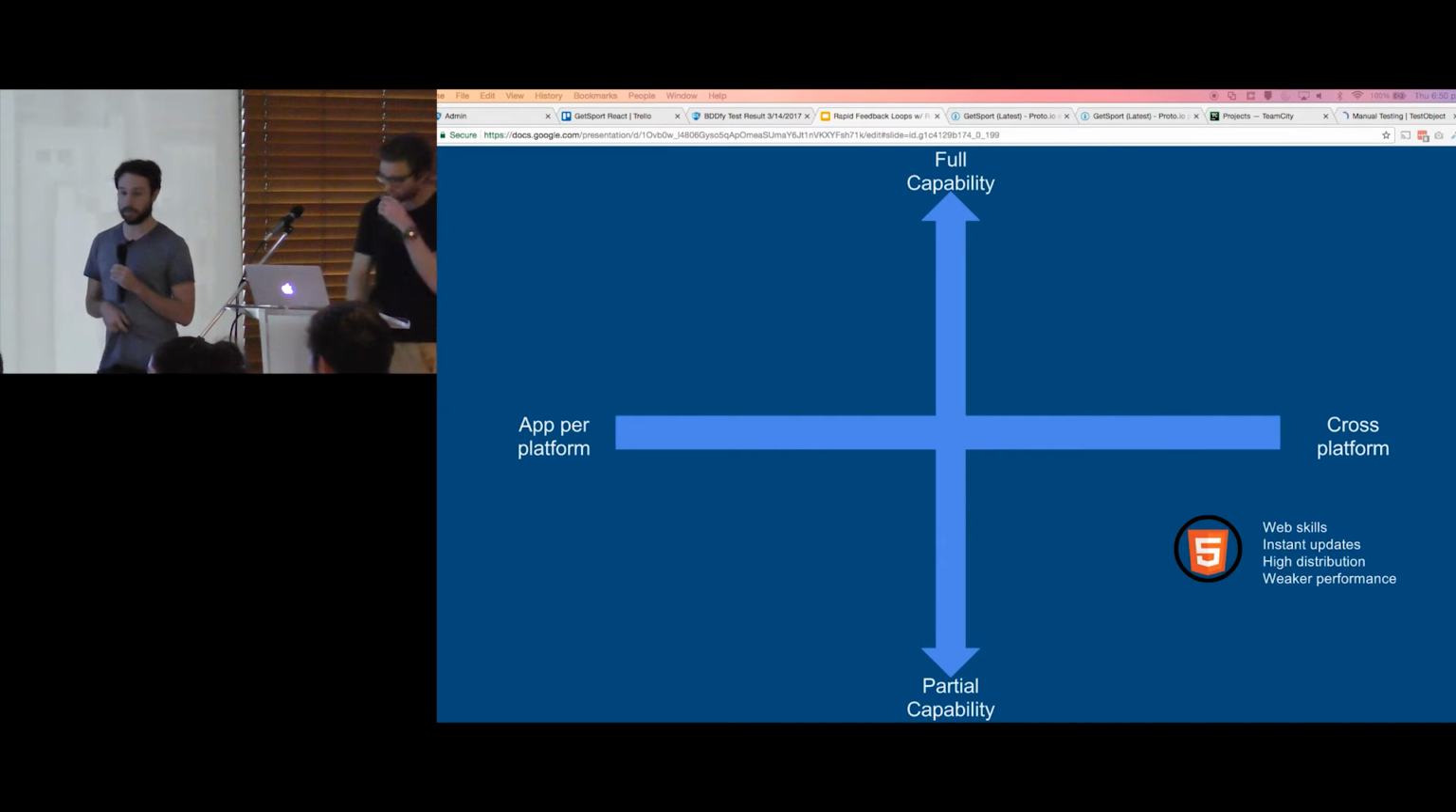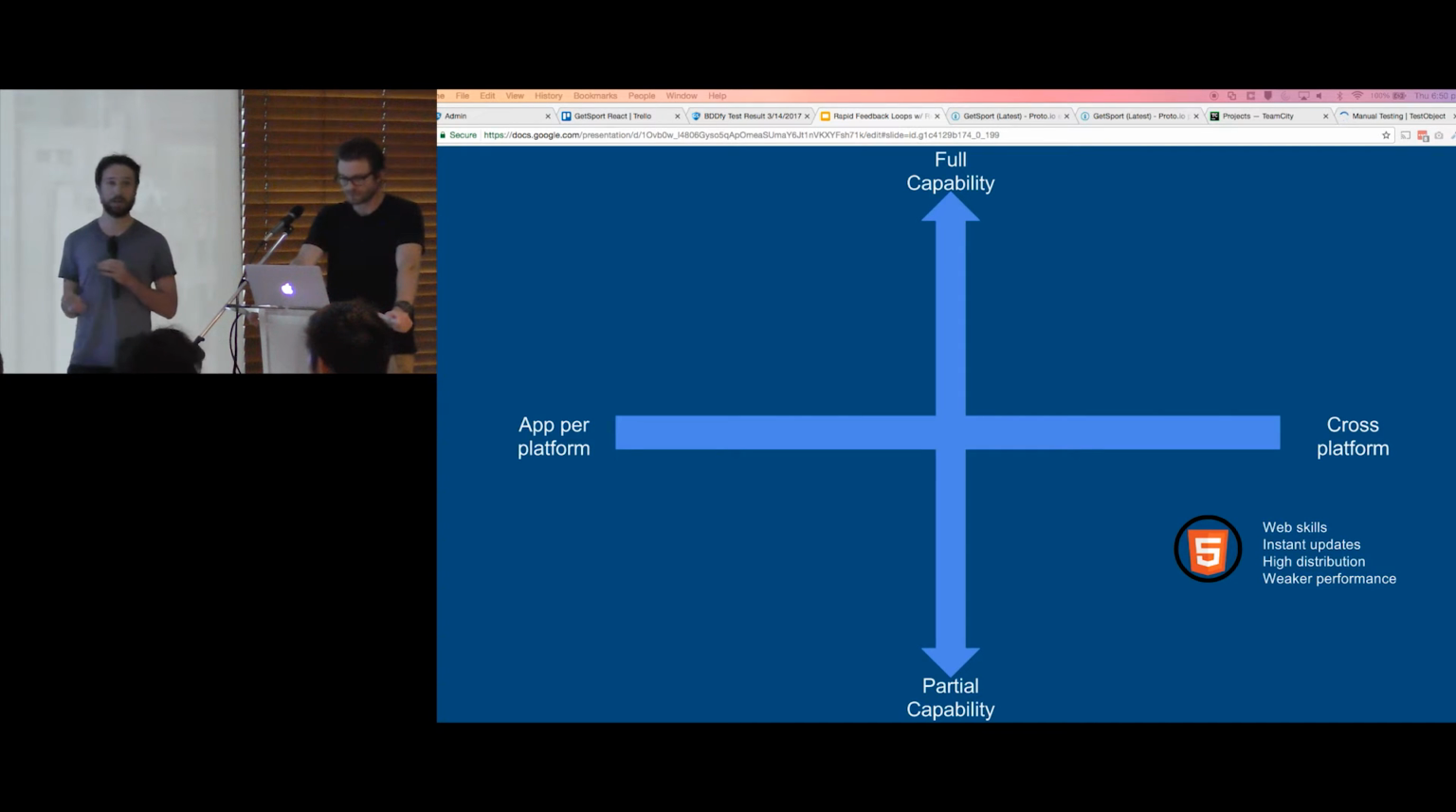And look, that was okay. You had really, really high distribution of your apps. It was really easy to make changes, instant to make changes in a lot of cases. You could leverage all your existing web skills. But